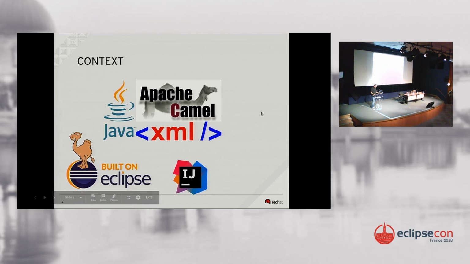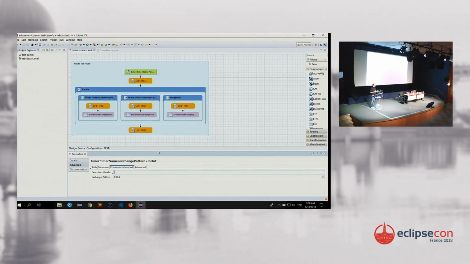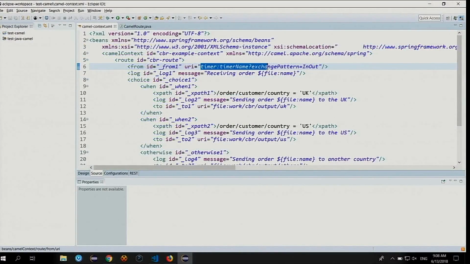I will just show you what it looks like quickly. So here is the graphical way to play with the tooling, and there is a lot of options using properties views. There is debugging and so on. I won't show it. What is important that I want to show is that behind that there is an XML file, and in Camel, one part which is really important, where we want to help the user in textual mode, is this part,